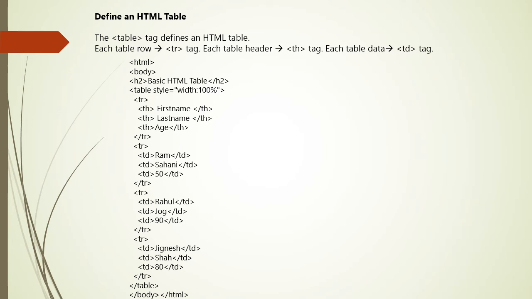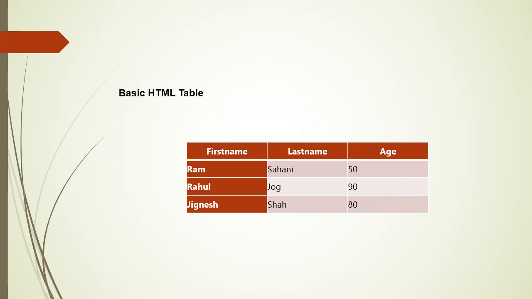So as you know, td is nothing but we are defining the data in the table. So in td, put the name of the person, then next is last name, and then age. Do this for 3 people. Enter the data of 3 people by using td and /td tags. Close the table tag, close the body tag, and close the HTML tag. So after executing the above program, your HTML table will look this way.